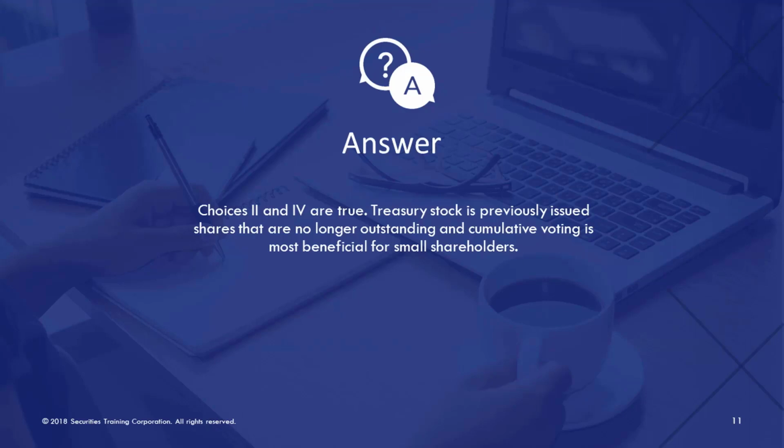Number 3 is not true, because it states shareholders vote to authorize the payment of dividends. That is false. The board of directors would authorize dividends, and if declared by the board, shareholders would receive them. And number 4 is correct, because cumulative voting is beneficial for the smaller shareholder, where statutory would be more beneficial